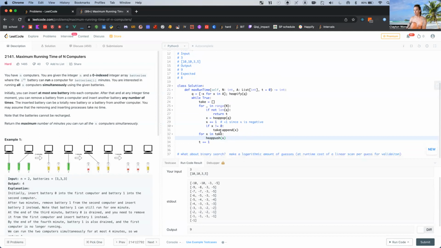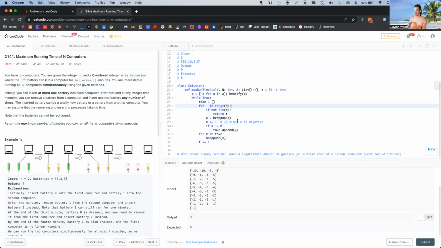What we took, we'll push it at the end after we consume the rest of these. So we can't use the same battery more than once,